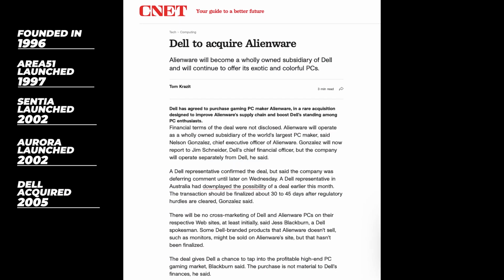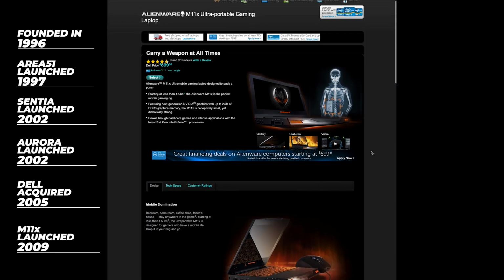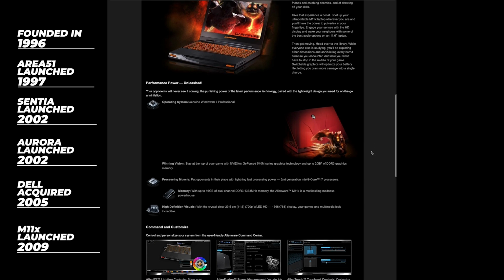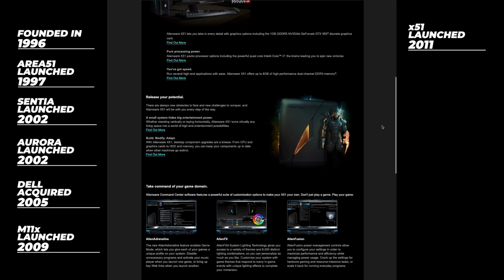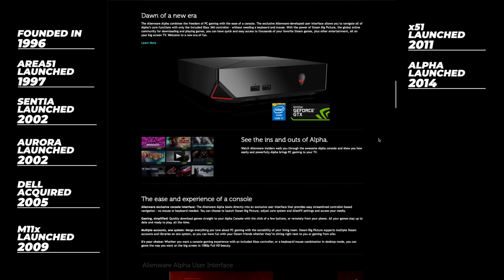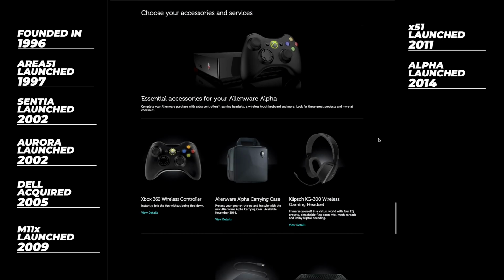In 2005, Alienware was acquired by Dell. More on that in a moment. In 2009, Alienware introduced the M11X, which was the world's first gaming ultra-portable laptop. In 2011, Alienware launched the Alienware X51, which was one of the first of a few small-factor gaming PCs. In 2014, Steam partnered with Alienware to introduce the Alienware Alpha, a compact gaming PC that could also function as